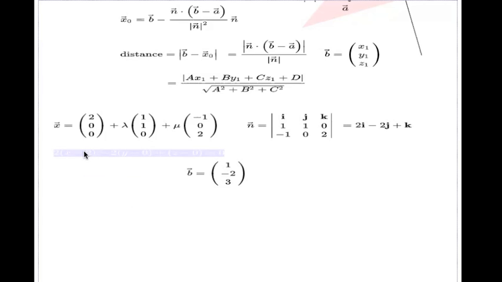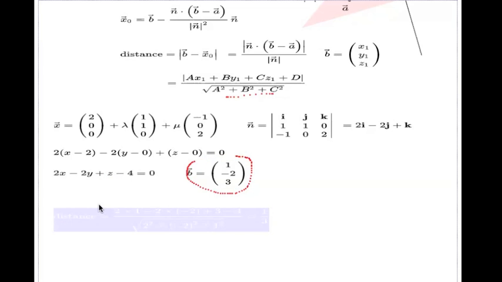So your Cartesian equation of the plane, or point normal form of your plane, here it is. 2 is this 2. x take 2, it's this 2 component. Then goes 2, y takes 0, and this -2 came from here. And z takes 0 equals 0, that's a point normal, or basically the Cartesian equation of your plane. You can, of course, expand everything, which will give you this. Now, to find a distance, you have to take this equation, plug this point into your equation and divide by the length of the n vector we just found. So the distance will be,